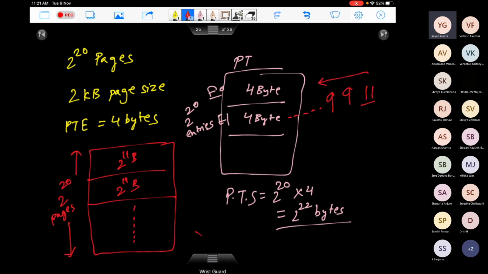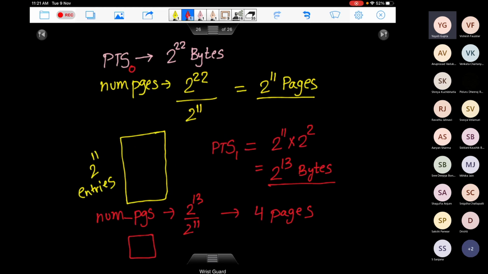11 for the offset. One page can have a maximum of 2 to the power 9 entries. So for your last level page table, you will be using 9 bits. Then for the second one also, you'll be using 9, and for the remaining one, you can calculate by simply subtracting, or even looking at here. It has 4 entries. So for 4 entries, we need 2 bits.